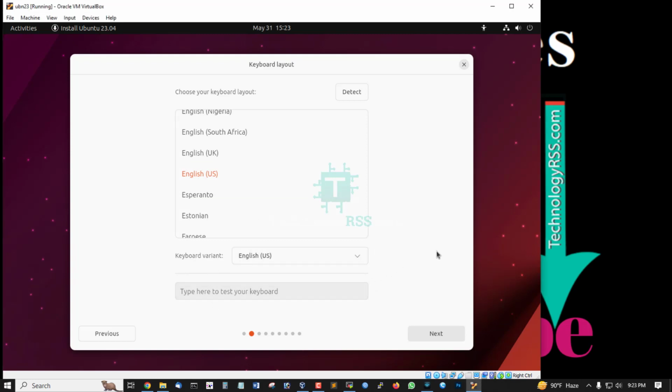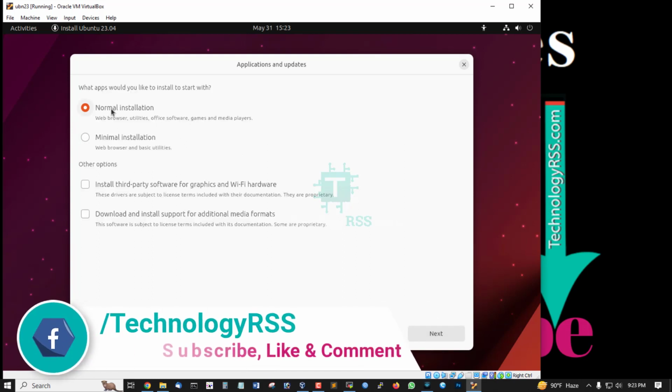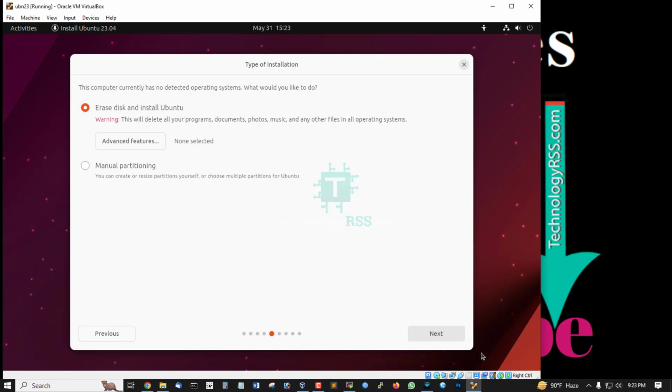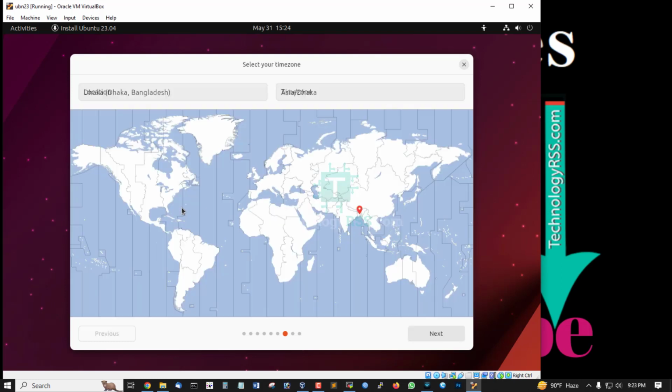Keyboard detect, click next. Ethernet connection, wired connection, yes, next. Normal installation process, click next. Erase disk and install Ubuntu, click next. This is the device name, disk SDA, okay. ext4 partition, auto detect Asia Dhaka Bangladesh,